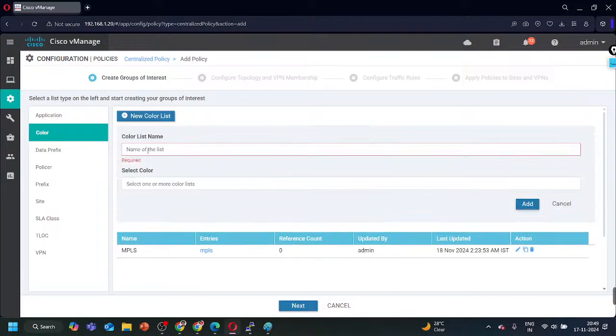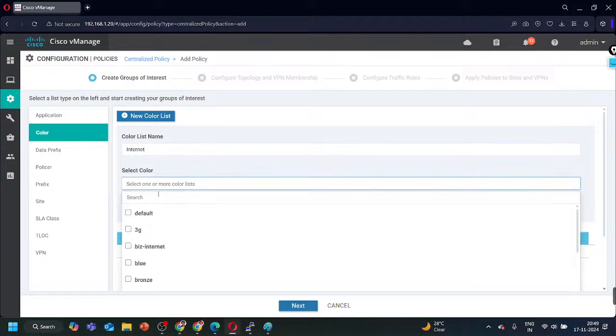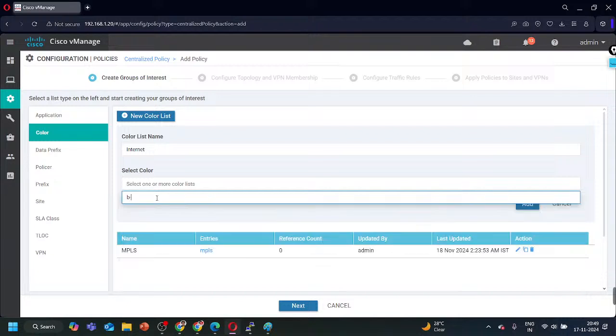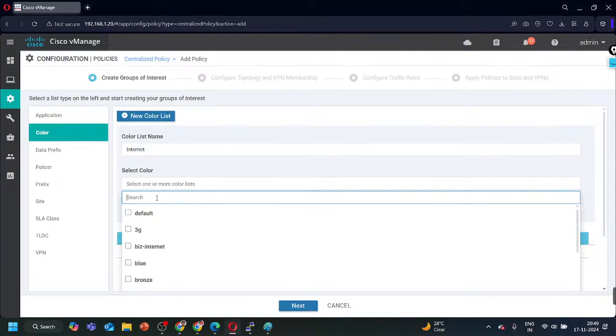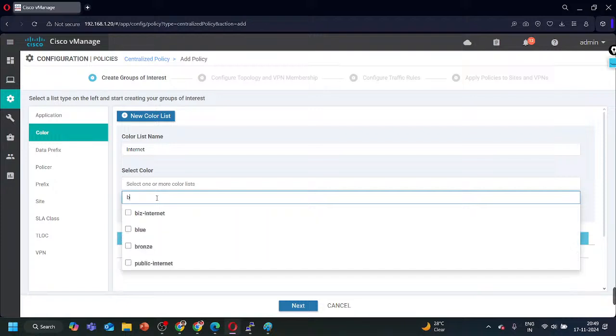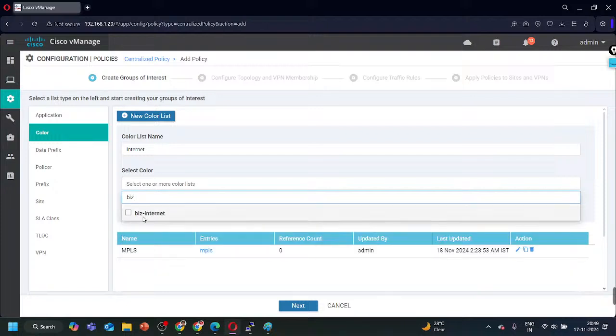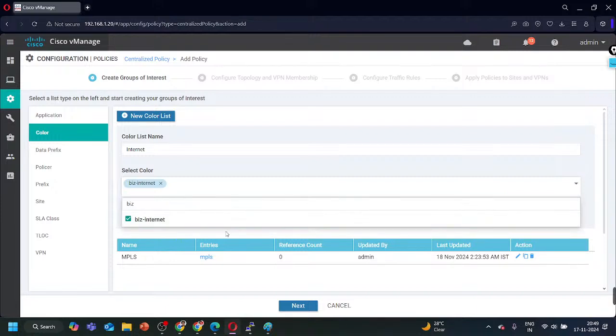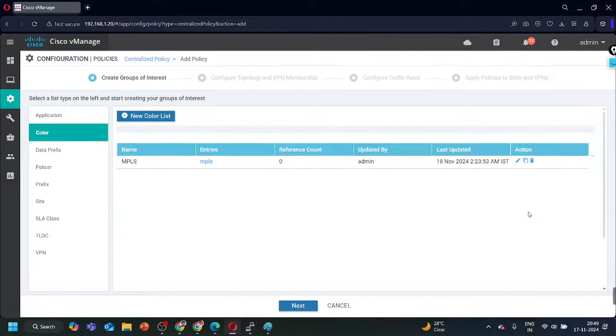I can create one more color list with the name internet, and here I can search biz internet or public internet, but I am not using public internet color here. I have only biz internet, so I can select the biz internet, and then we can click on the add button,